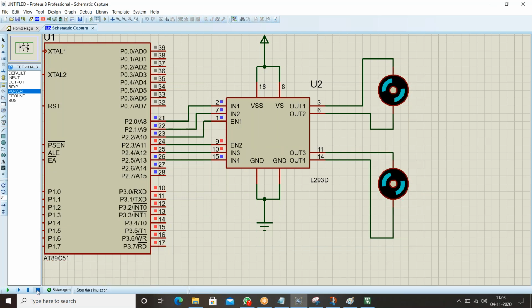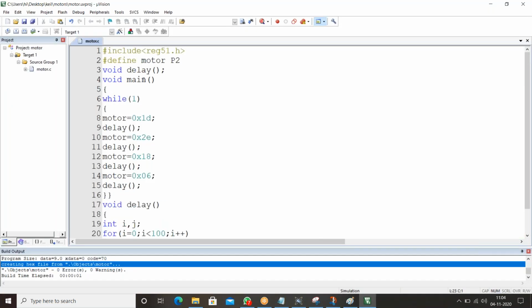It's working, but we need to give some delay. If you want to give some particular delay, you have to pass the arguments in the function declaration: unsigned int.